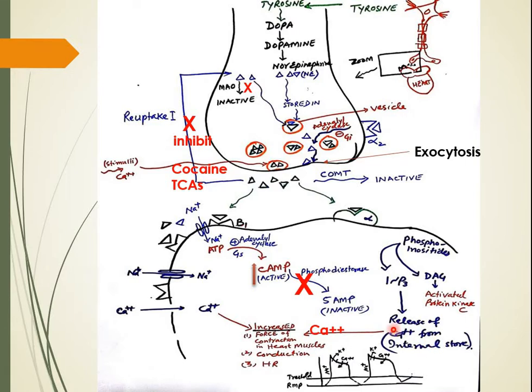Now the release of calcium from this endoplasmic reticulum will lead to an increase in calcium, as it works together in conjunction with the influx of calcium from the extracellular space to the interior of the cell. So this surge in calcium and the release of calcium from the internal store will lead to an ultimate increase in the